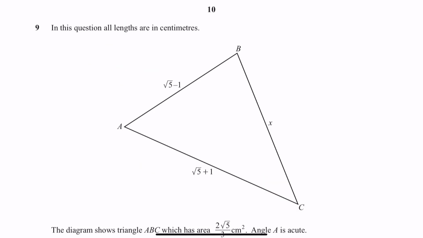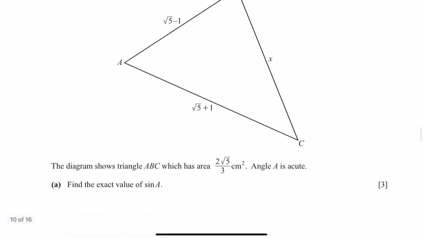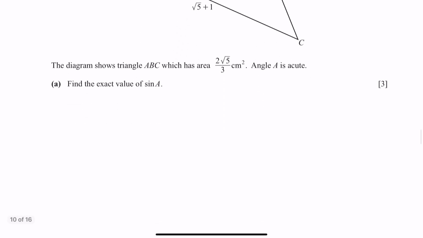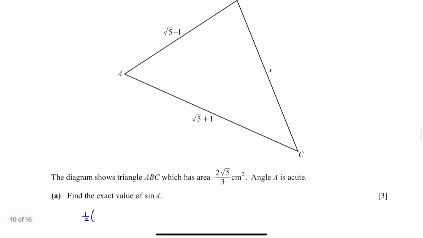Question 9. It's a triangle question. So we have triangle ABC with area 2 root 5 over 3 and angle A is acute. Find the exact value of sine A. Since the area is 2 root 5 over 3, we can use the area of the triangle formula. So we have half times the two sides, root 5 minus 1 and root 5 plus 1,